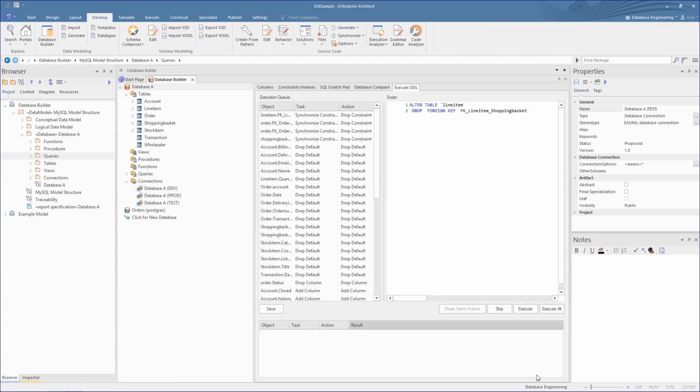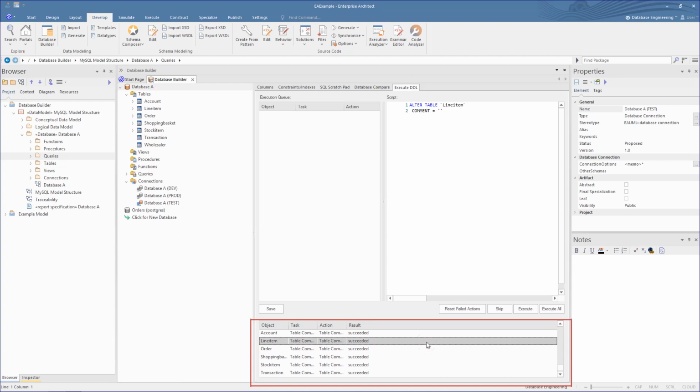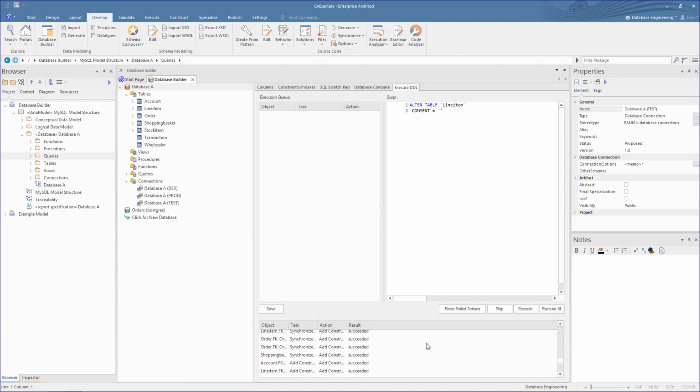The top ones relate to creating the foreign key in the stock item, and the last ones create the wholesaler table, columns and constraints. To execute these in the database, we simply click on the Execute All button. We can see this executes the DDL script and gives a listing of the commands as responded to by the DBMS.